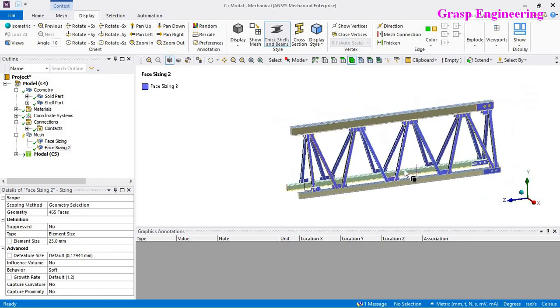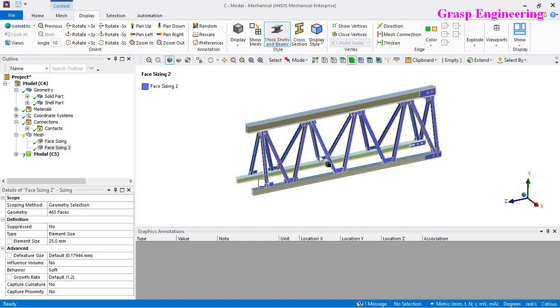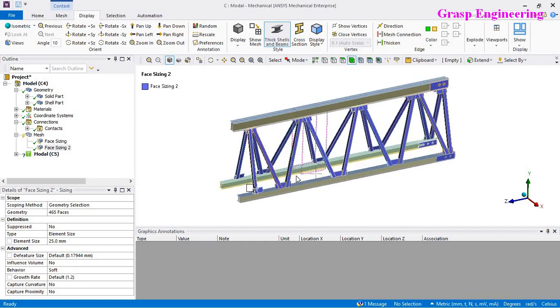You also need to check your workstation configuration. If you go with a finer mesh, it will give you more accurate results, but at the same time it will take more time. So just check a moderate mesh size and then perform the simulation.